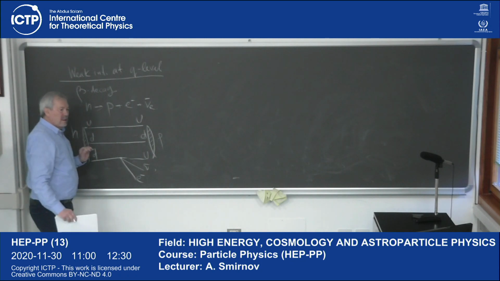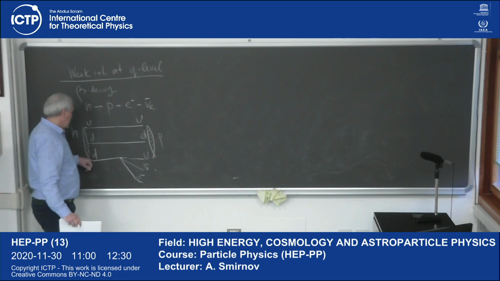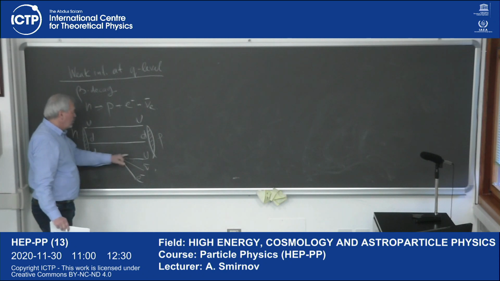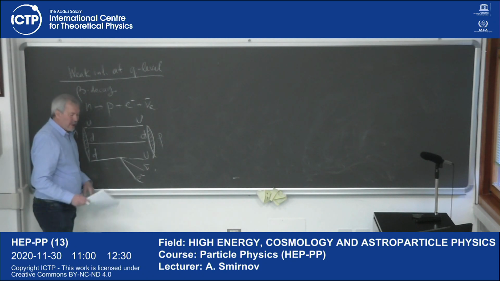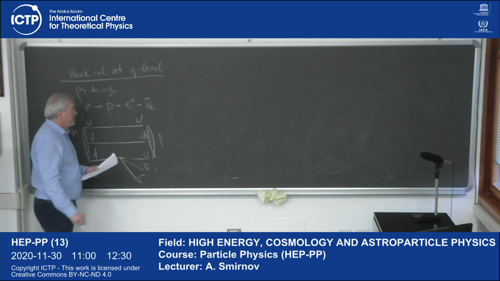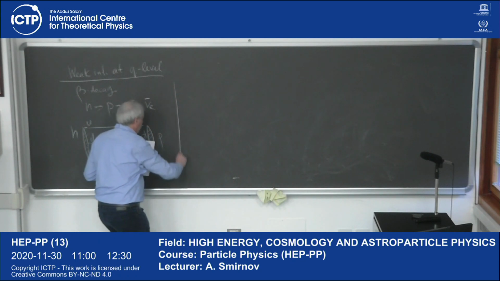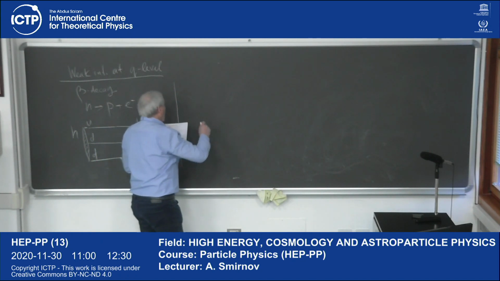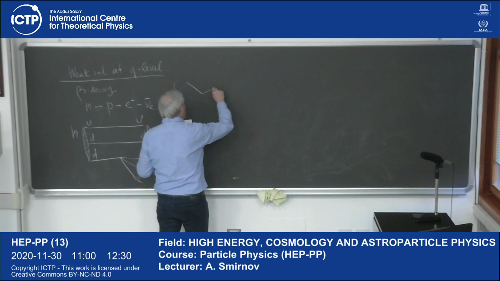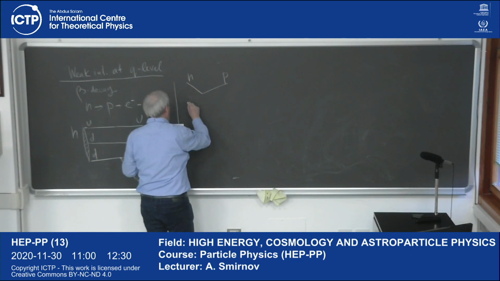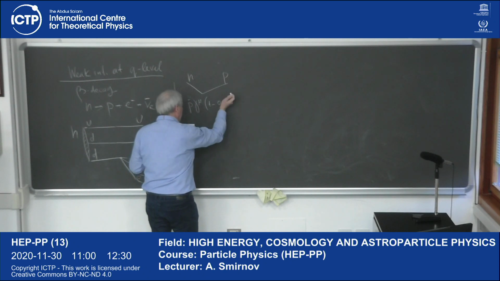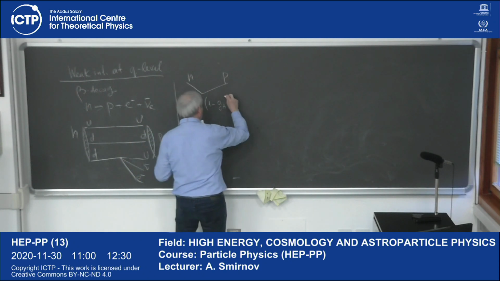So at the quark level, beta decay is the transition of a D quark into a U quark with emission of this electron-antineutrino pair. We introduce the hadron current, which is responsible for the transition of neutron to proton. That current looks like p-bar gamma mu (1 minus g_A gamma 5)